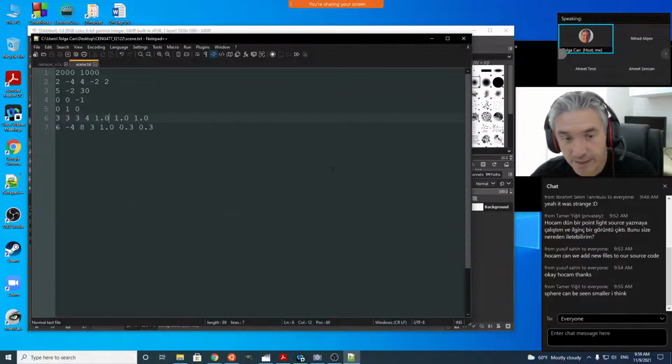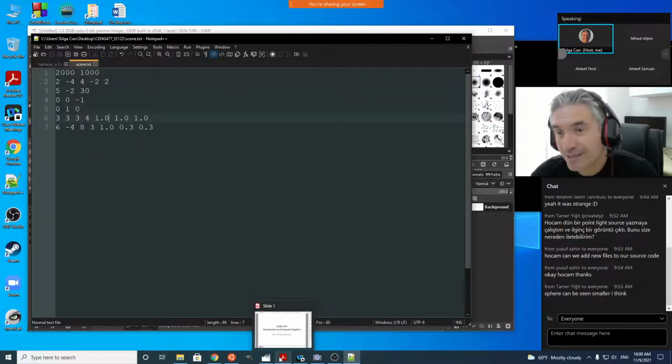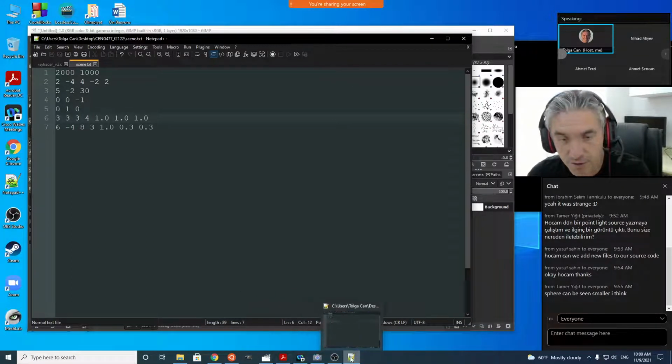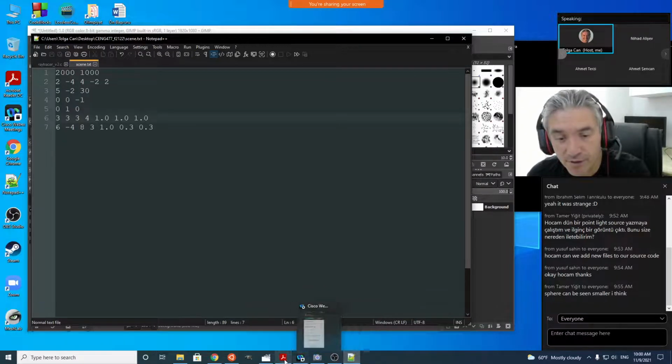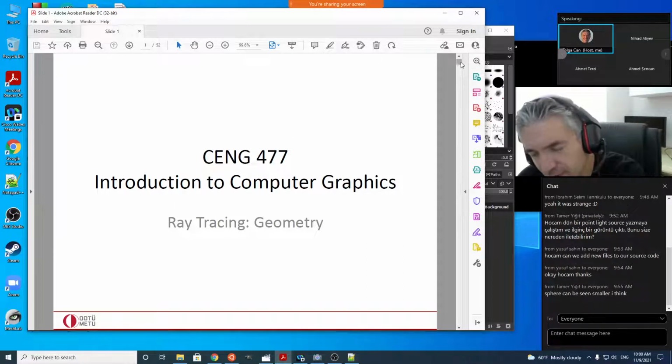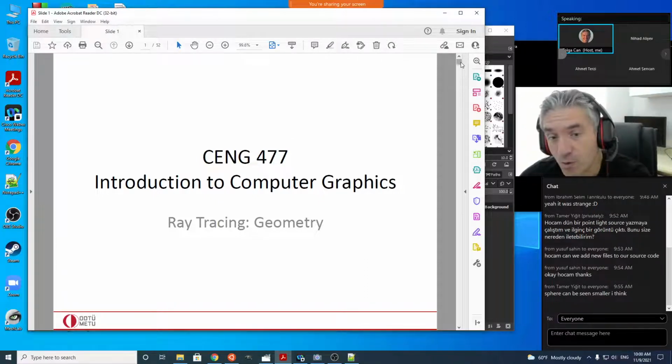in the assignment, the next thing you should do is to add triangle intersection. Just like we have this intersect sphere function, you just add an intersect triangle function by referring to these slides. I'm going to talk about two methods to intersect triangles with rays, and you can choose any of them. I think the one with the barycentric coordinates is a faster implementation than the other one. So if you want your ray tracer to be fast, you should